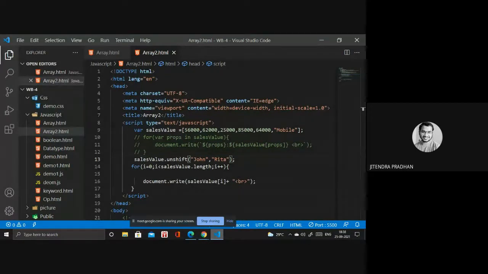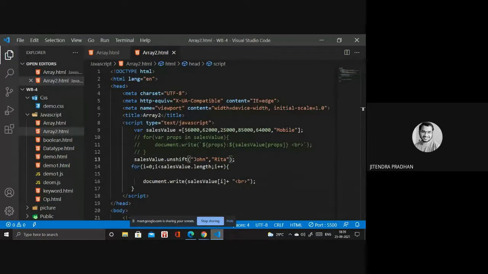They will give me an array, and they will tell me we are using unshift, and we are using shift as well, and push as well. So it will be mixing all these things, and you need to tell what is the output of the last.